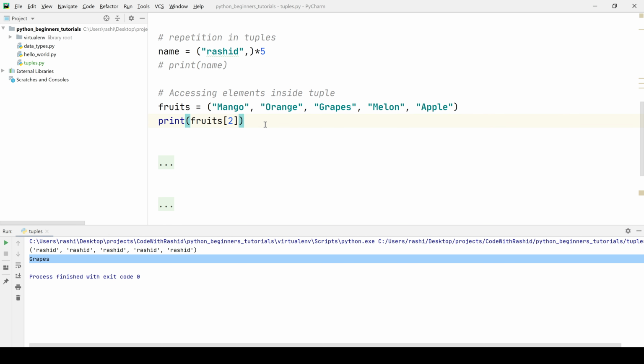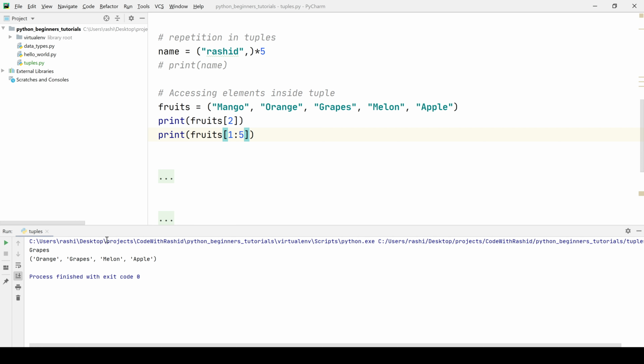So let's say we have a scenario where we need to print the value of orange, grapes and melon. How do we achieve this result in one line? We can achieve the same result using range in tuple. So we shall write 1 to 5. So after running this program we shall get orange, grapes and melon.